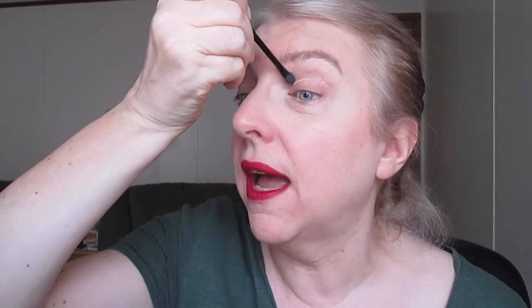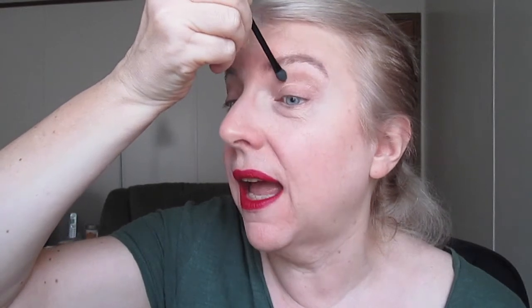I like to do my highlight shade first, then do my crease work, then put the lid shade on last. I've recently started doing that, and I feel like it's just so much easier, because a lot of times if you do your lid shade first, then you go in with the crease color, it kind of deposits color on the lid. And then you have to go back and add more lid shade, so it's just easier, I think, to do